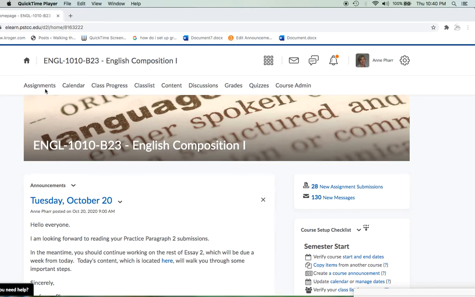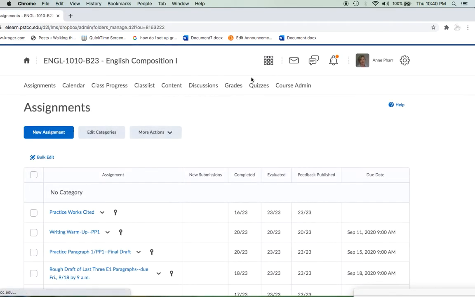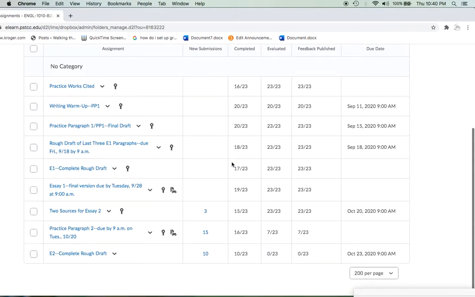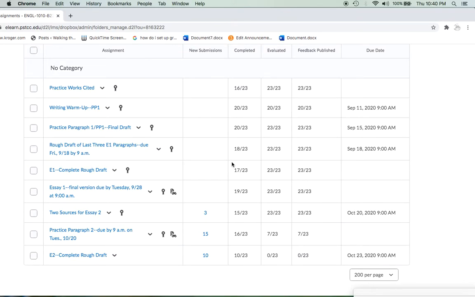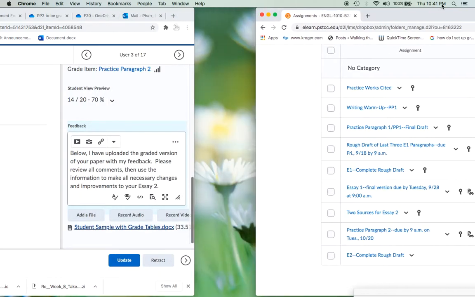The way you're going to get that feedback is you're going to click on assignments, and then you're going to see all the different assignment folders. And then you're going to click on practice paragraph 2. I'm not going to click on that because it's going to show everybody's papers. So instead, I'm going to show you a sample version. So you're going to click on practice paragraph 2, and then what you're going to see is